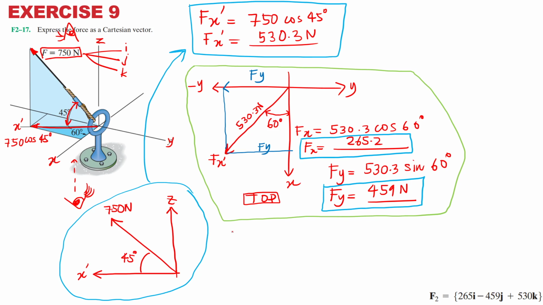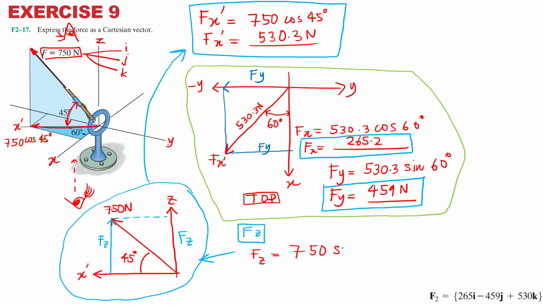So looking at Fz, you can immediately look at this one in order to solve for Fz. If you look here, this is the z component, right? This is Fz. So Fz is similar length to this one. So this is basically Fz. So Fz, the value is, so Fz is equivalent to